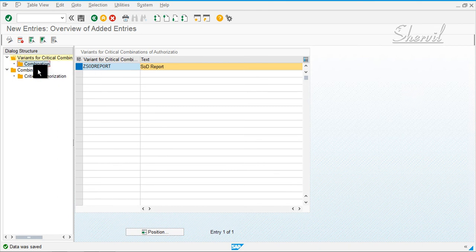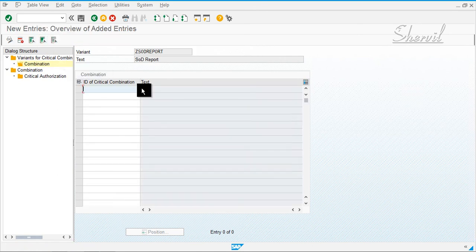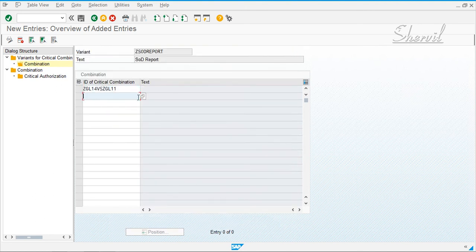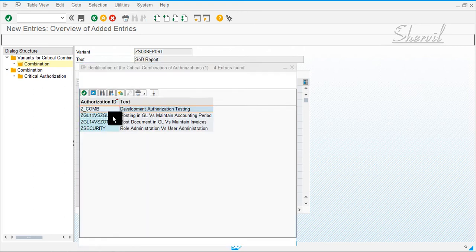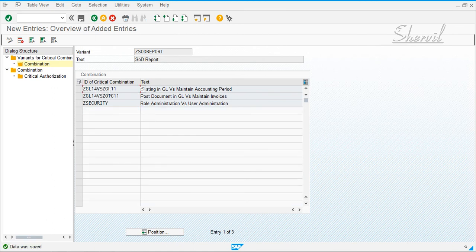Now you go and enter your combinations here that we just created. We created these three, so let's enter all three of them and press enter. All your combinations are listed here. So click on save. And that's it. This is how you set up the critical combinations report.